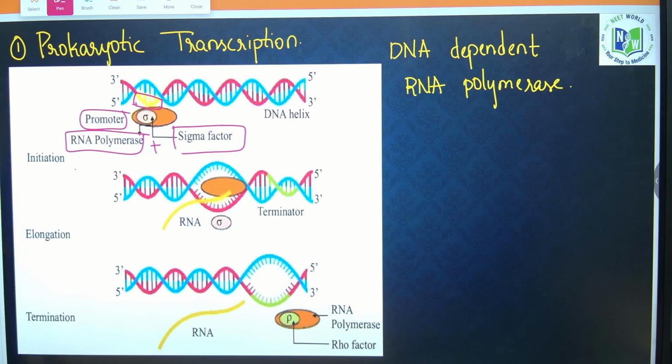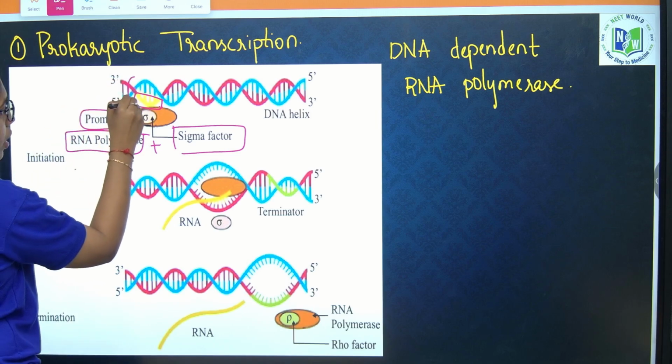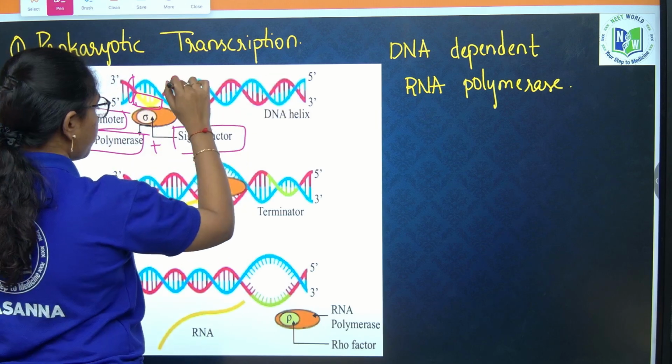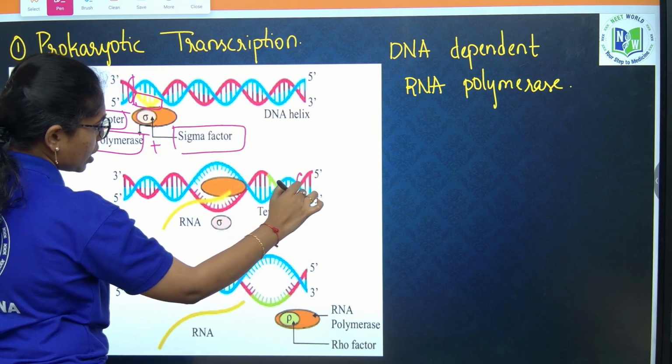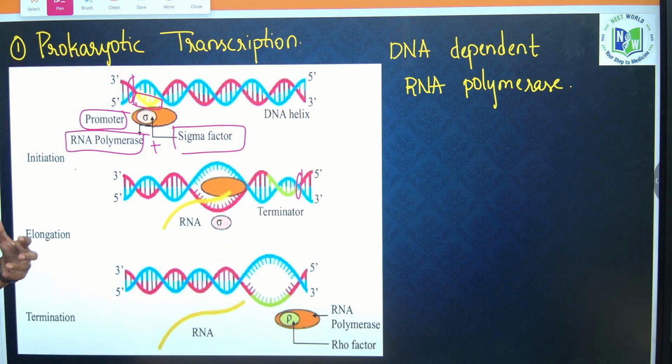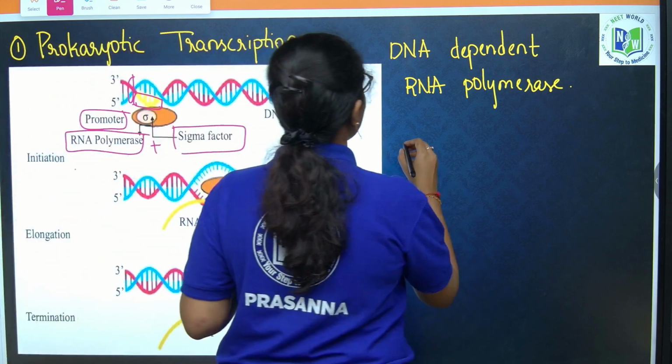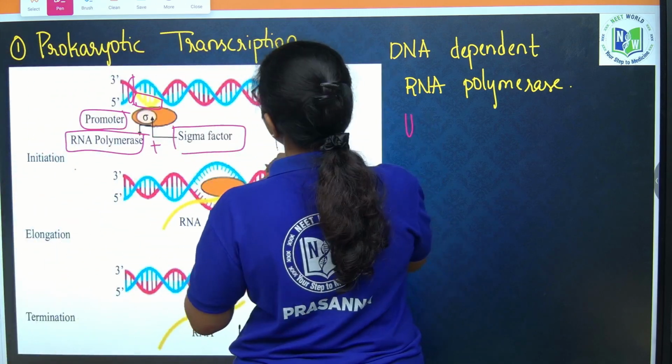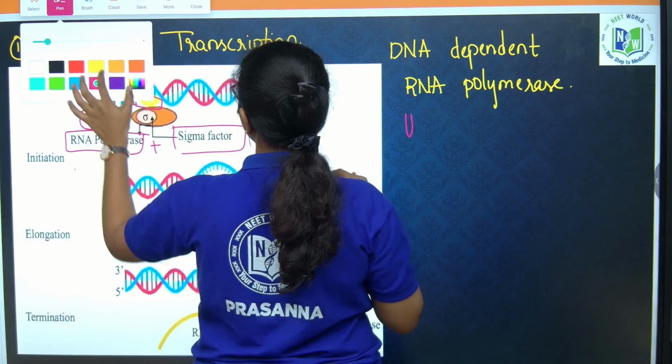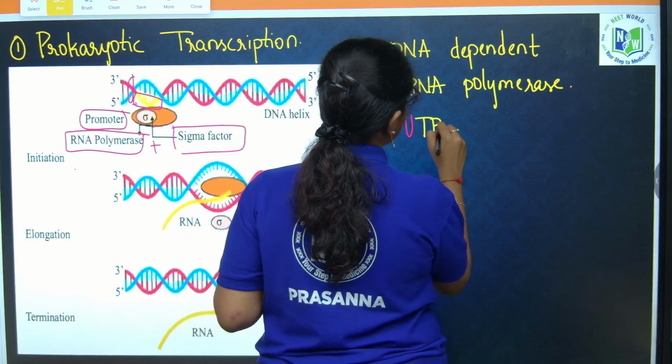It will come and attach to what region? Promoter region. One extra point to be dealt with: before the promoter region and after the terminator region, there are a few regulatory sequences which are called untranslated regions. What are they called? UTR, that is